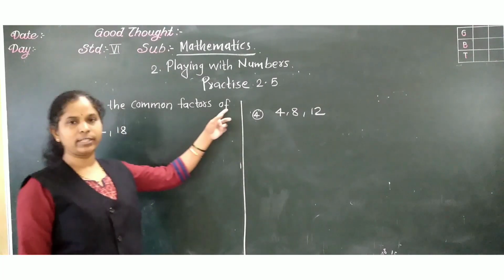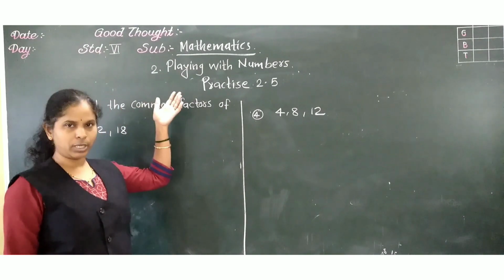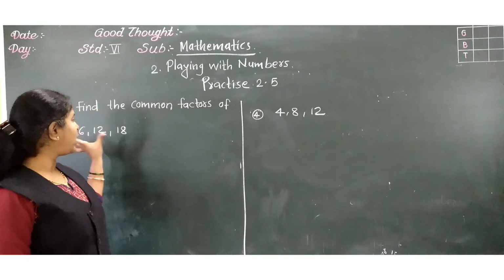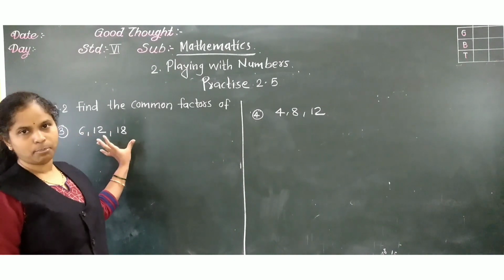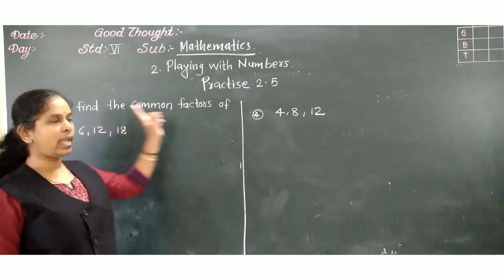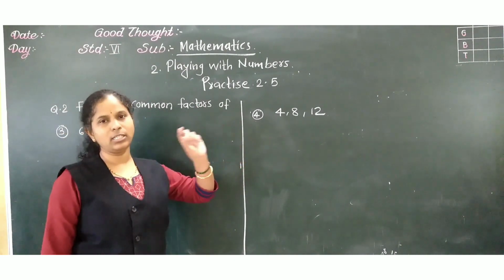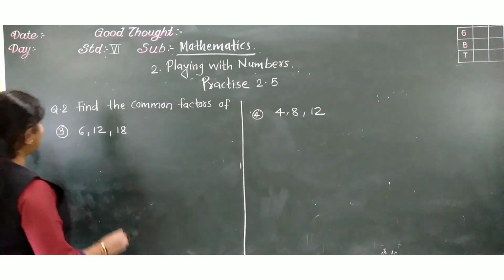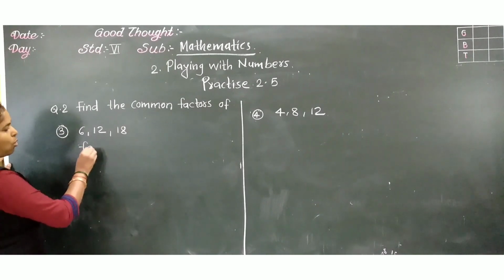Question number 2. Find the common factors of. Same like question number 1. Only difference is here 3 numbers are there. We have to find out the common factors of these 3 numbers. Directly I will solve third and fourth one. First and second small numbers are there. Okay. Now factors of